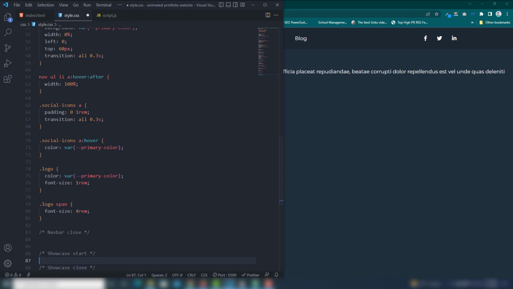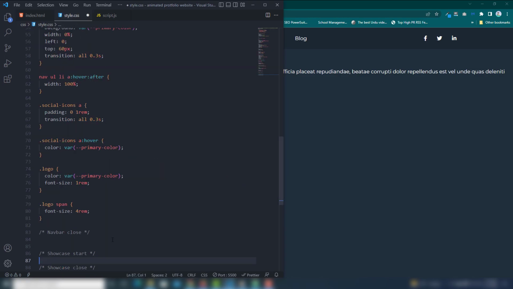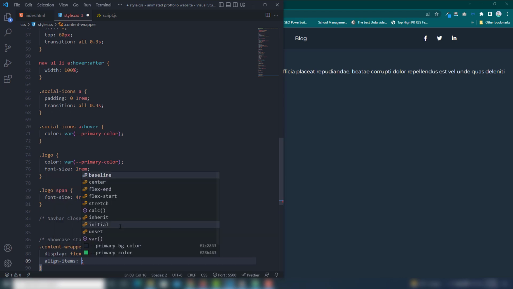So in the showcase section, just a minute, I'm going to get class and paste on there. So this is a complete container. Inside there have a content, right? So we need to use display flex and align item will be center.